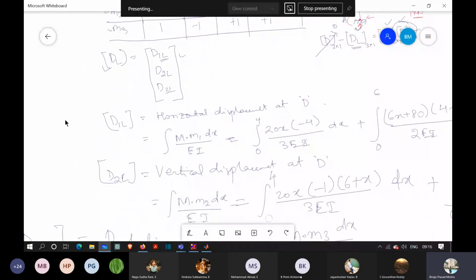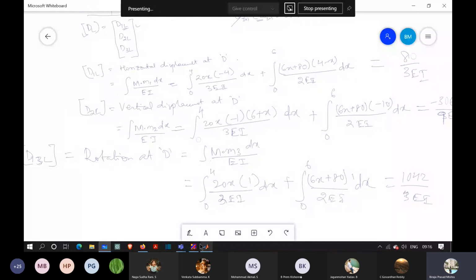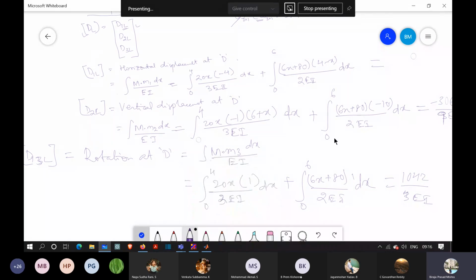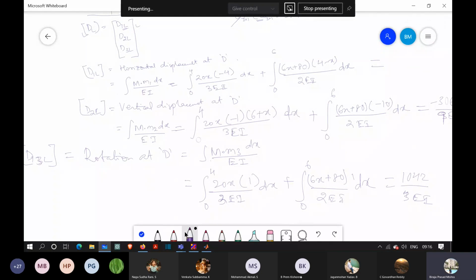Okay, so here we were finding out the displacements d1l, d2l, and I asked you to tell me the values for this one, but somehow whatever values you have conveyed, it is wrong. So I am editing this part. I hope all of you who are writing should also do that. So this I will remove. Okay, so this d1l value is